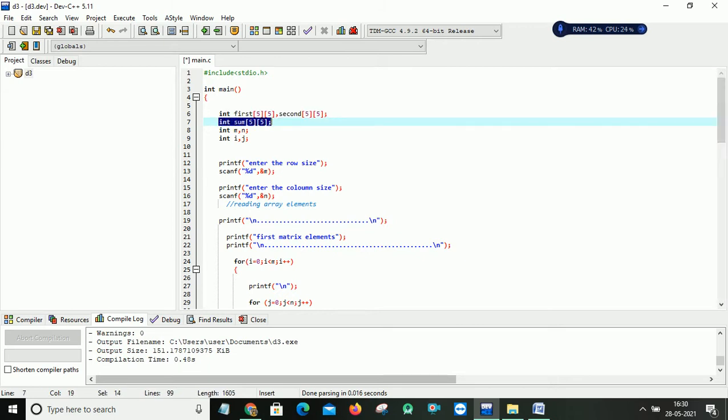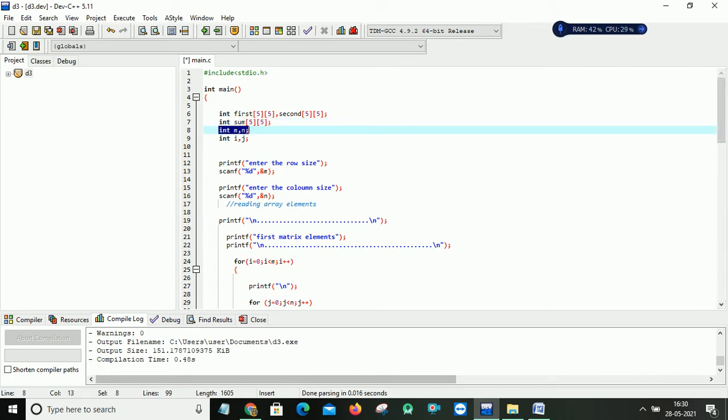So here I am declaring two arrays for taking input and another array for storing the result of the addition operation. Here I am taking m and n variables of type integer because my array's length is 5 by 5 matrices. Every time I execute this program, I may or may not want a 5 by 5 matrix.